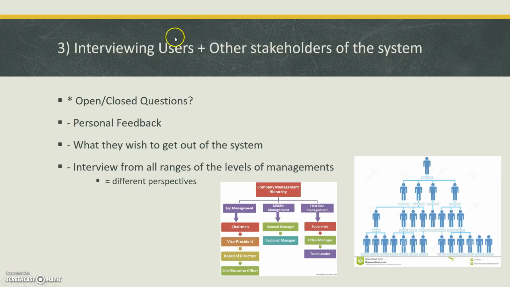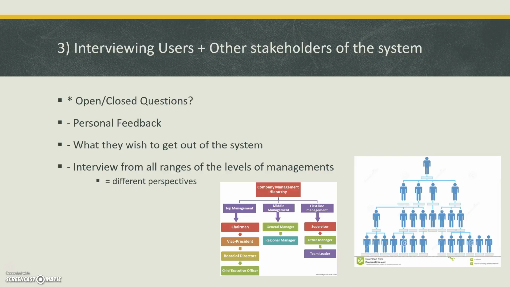Third of all, it could be interviewing users and other stakeholders of the system. So we might need to think about whether it's open or closed questions, and therefore as the researcher, we would get personal feedback on the gathering information or the techniques needed to arrive at a workable solution. Personal feedback, that's one thing. The stakeholders can find out what they want to get out of the system. So interviewees would ask that kind of question, and interviewers